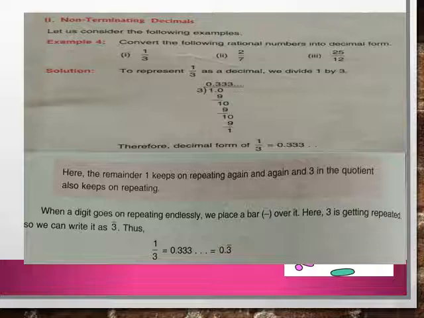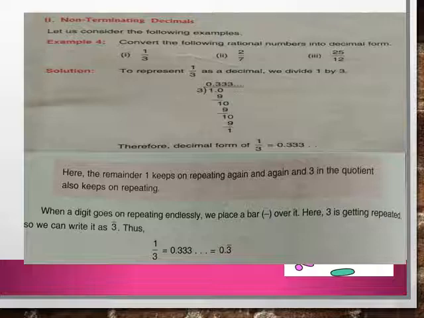Here we will convert some rational numbers into decimal form. First, 1 upon 3. To represent 1 upon 3 as a decimal, we divide 1 by 3. So we put a decimal point and 0. It means 10. Now 0 point in the quotient. 3 3s are 9. 3 is in the quotient place. 1 is left. Again put 0. 3 3s are 9. Like this the division goes on. You will see the division never stops.